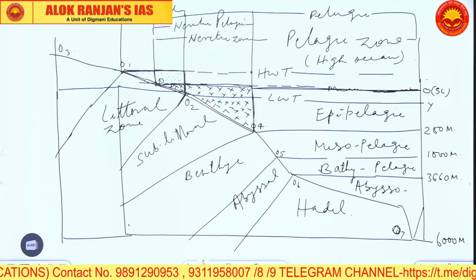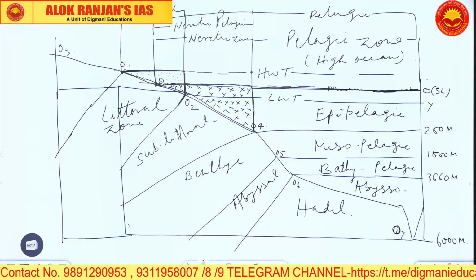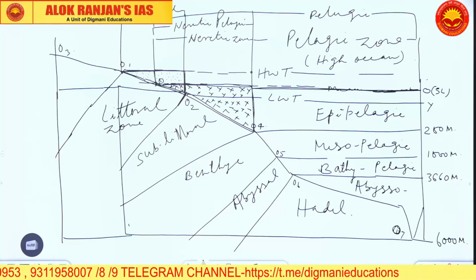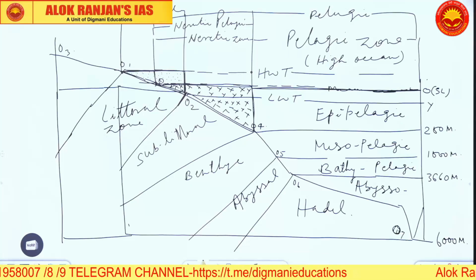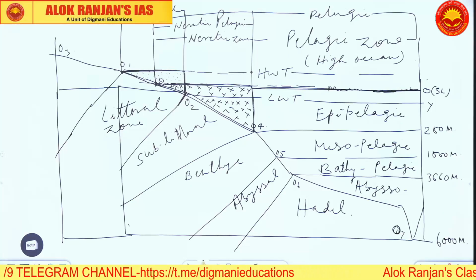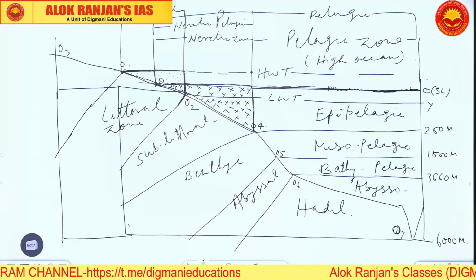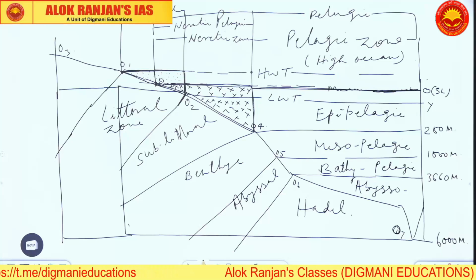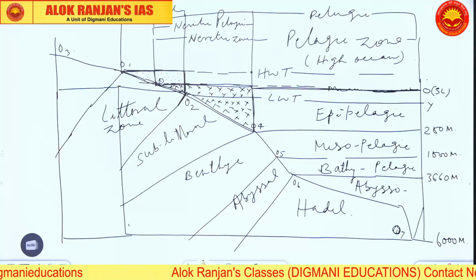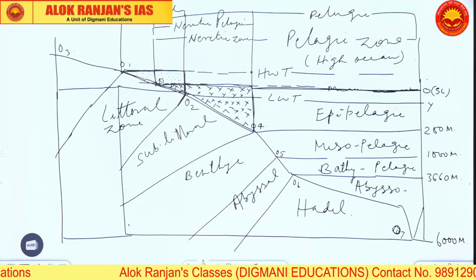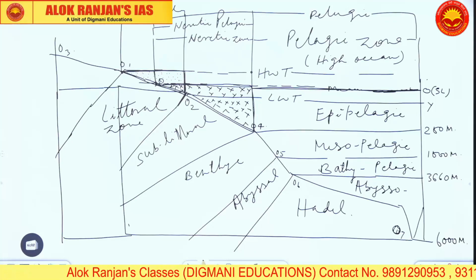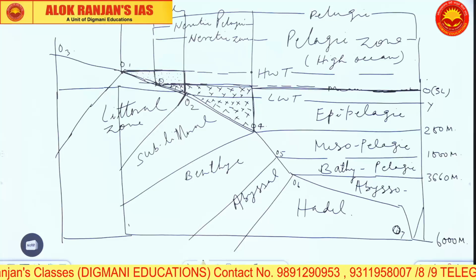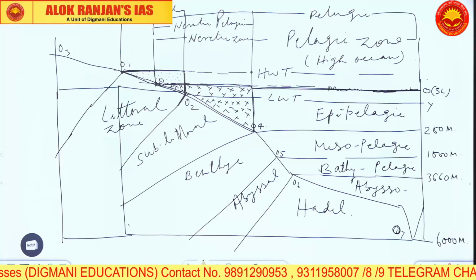Now come to the neritic zone. Neritic zone will be the most important part of the maritime zone or ecobiozone, because neritic zone is also coincidental with the photic zone. So the photic zone and neritic zone are similar, meaning in neritic zone the sun rays are very active. And since the sun rays are active, life is possible. So highest biodiversity will be found in the neritic zone, and neritic zone is also coincidental with the continental shelf